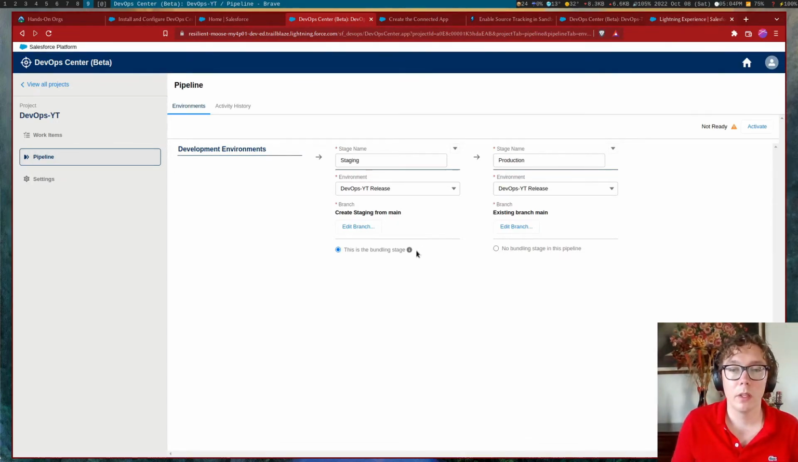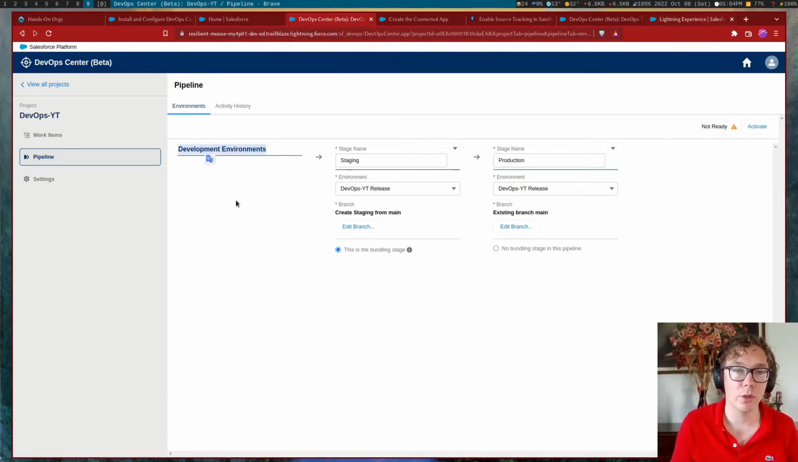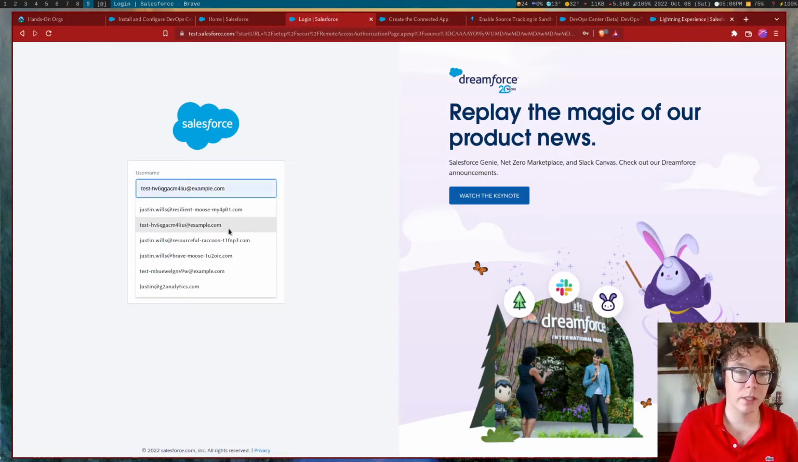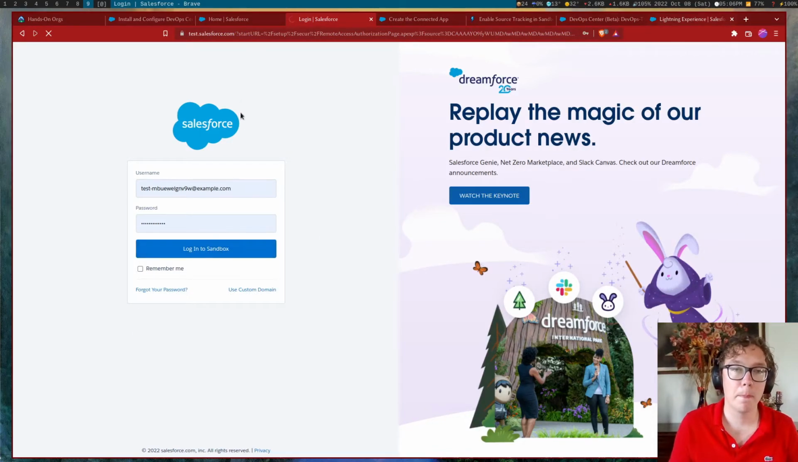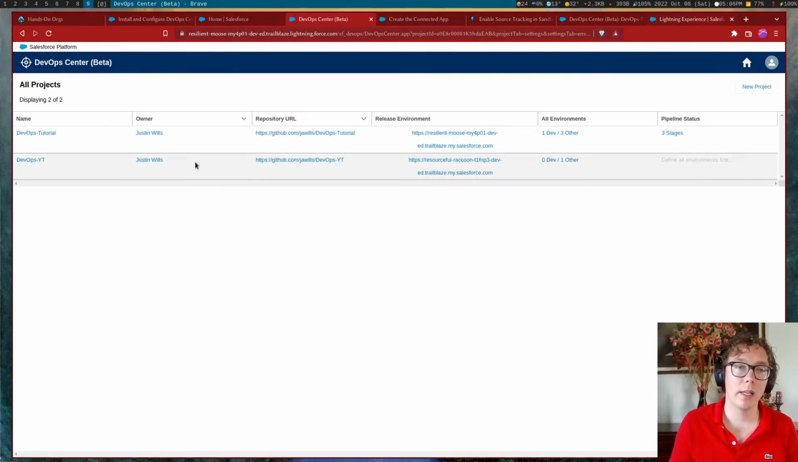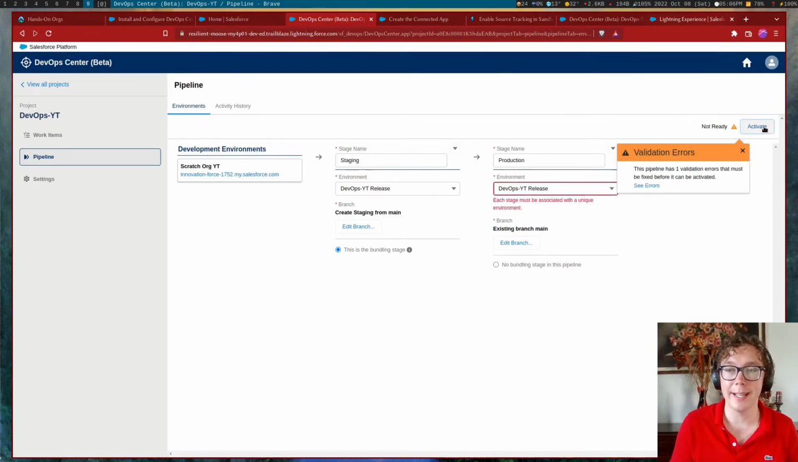From here, what we can do is add another environment. Please note that if you want your developer environments to show up under here, you will need to have not only Sandbox/Scratch.org, but you also need this click, this used for development, must have source tracking enabled. From here, I think this will work. I'll go and connect my Scratch org. And we can finish the pipeline configuration. So you can see the Scratch org is a development environment, and we can activate the